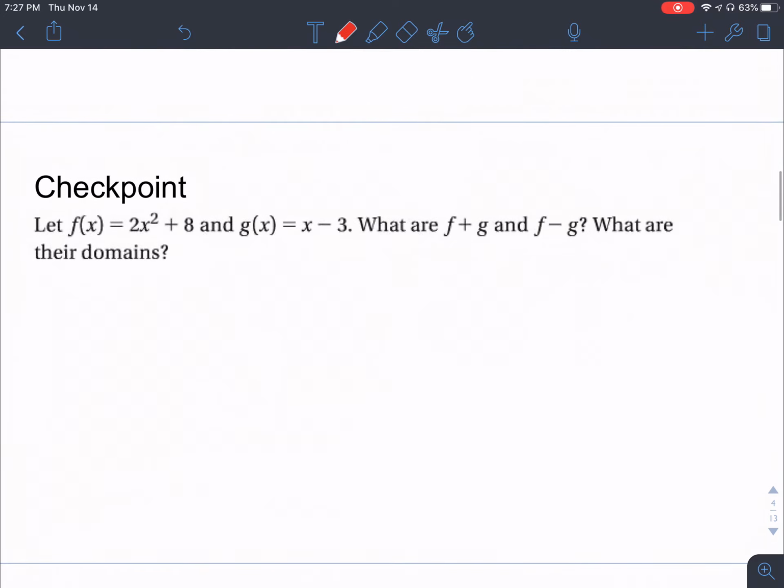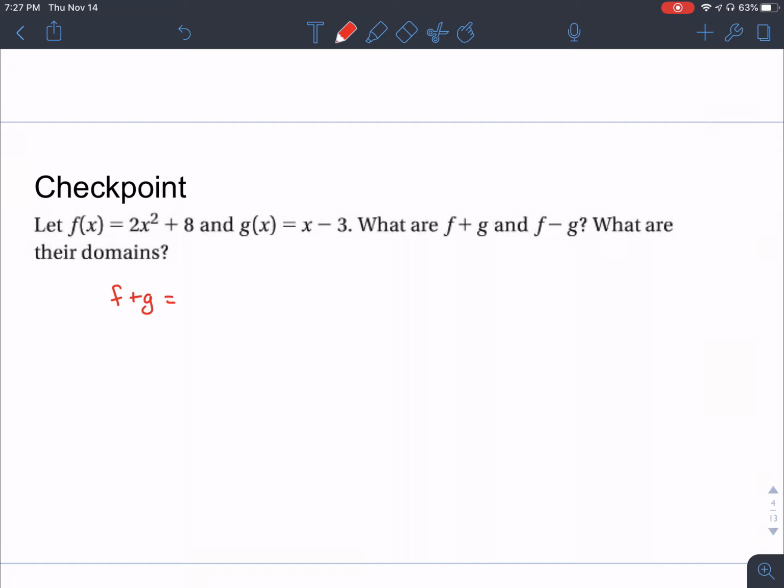All right, so your turn. We've got this problem. Find f plus g and f minus g and determine what their domains are. I'm going to write the answer on the board. Feel free to pause if you'd like to work this. So f plus g